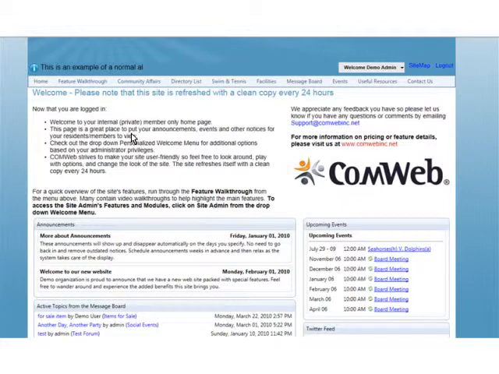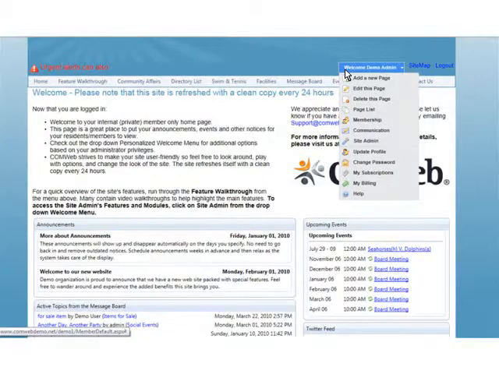Hi, I've gotten a lot of requests on how do I create an event sign up on a page, and I wanted to show you really fast how you would do that. It's not very difficult, but there are a couple of steps. I just want to make sure that you understand before we do that. So what you would do is, from your drop down welcome menu, you would go ahead